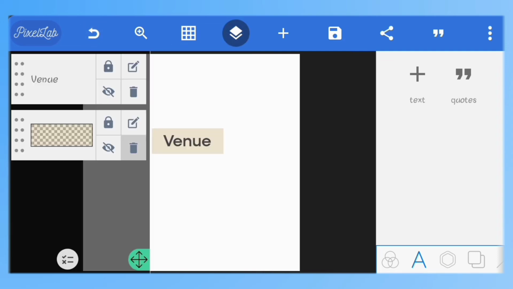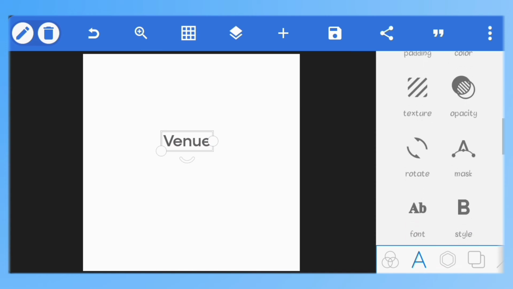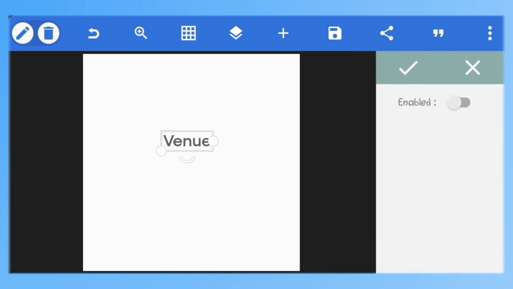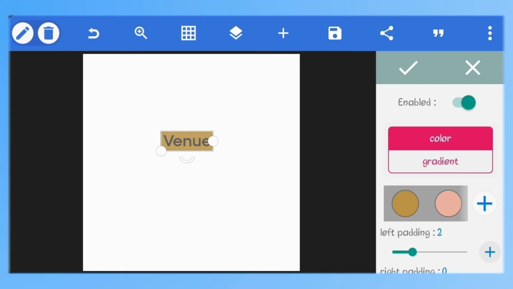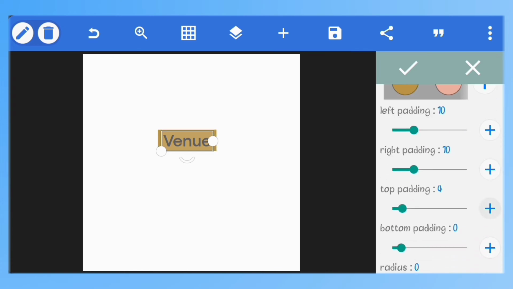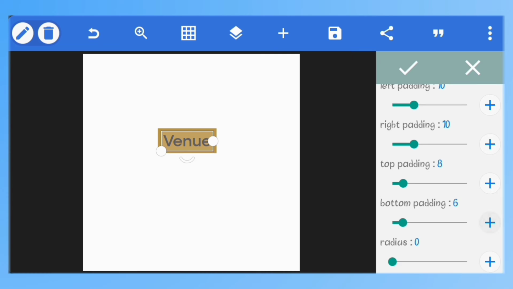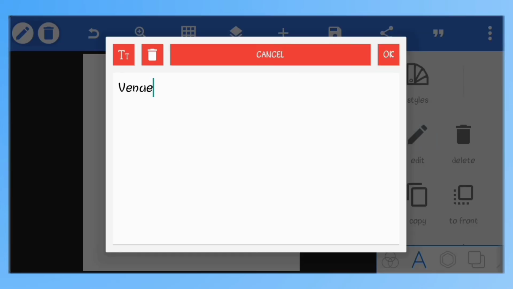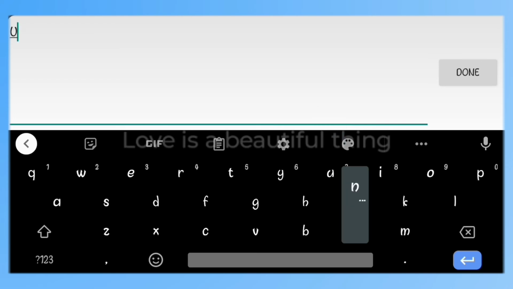Something you could do is use the background feature in Pixellab. You select the text, go to the background feature, and enable it, and then you set the left and right paddings. You set the paddings on the different sides to what you want. You can set the border radius too from here for the corners. I'll just touch that, and then you can change the text to any